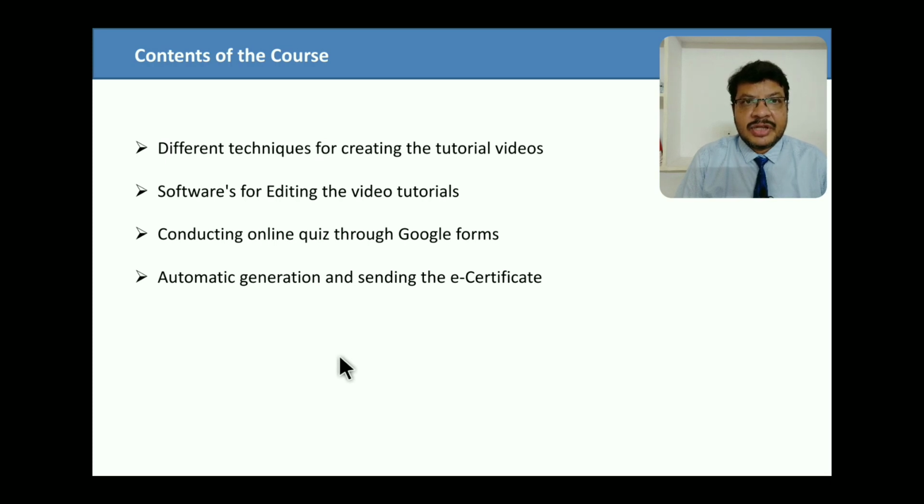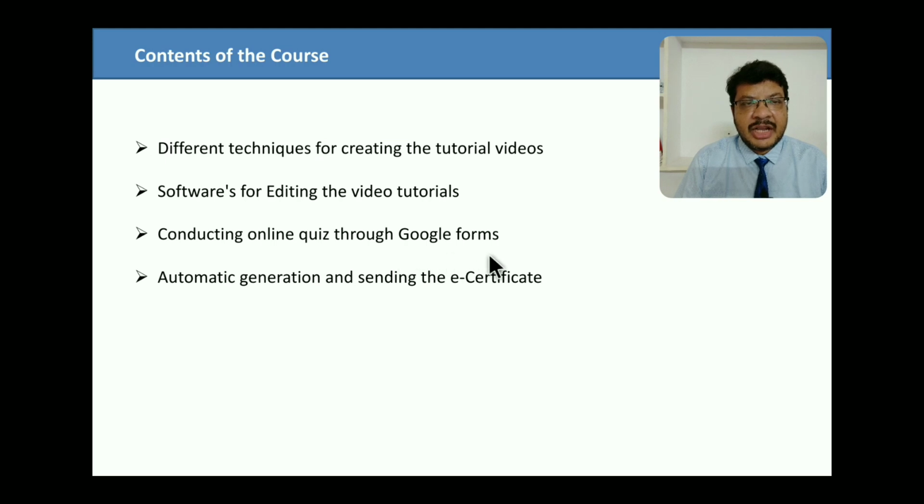Then what are the softwares available for editing this video in the Windows environment as well as in Android mobiles, that also I will cover here. Then once the tutorial is ready, you have given that tutorial to the students. Then you have to assess whether the student has gone through the tutorial or not. Further, some assessment tool is required. So to conduct the quiz, to assess the students, we can use Google Forms.